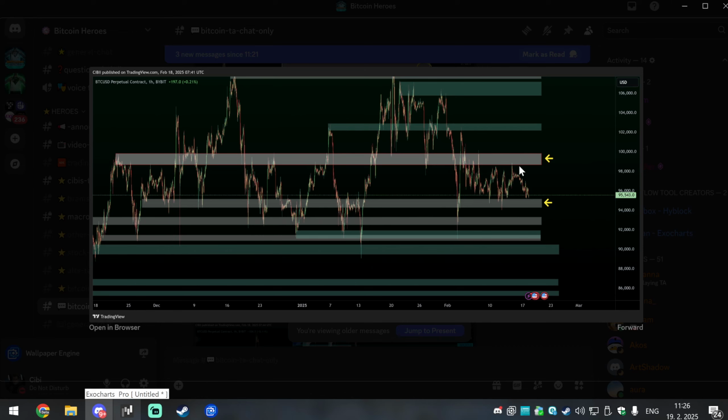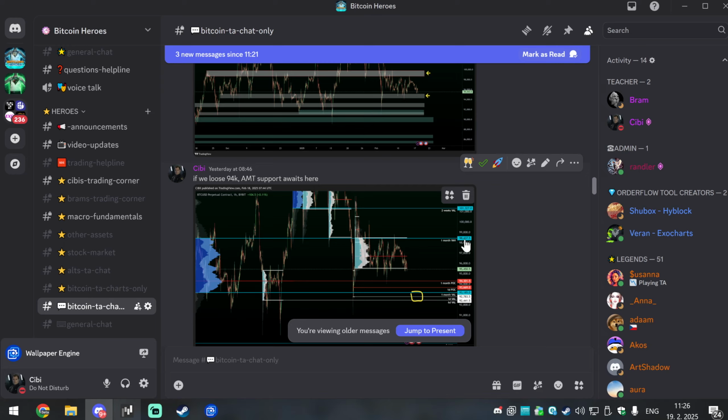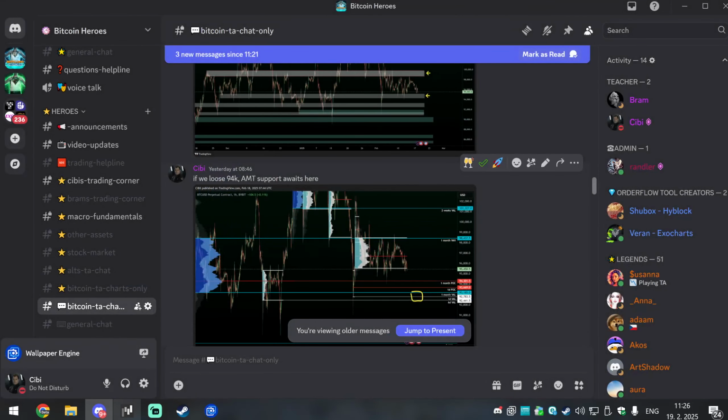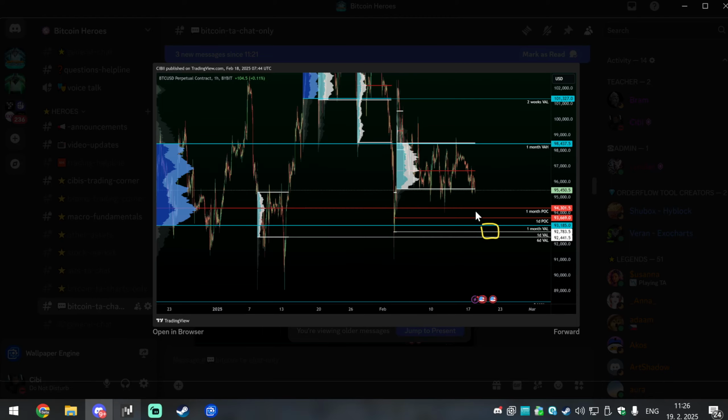You can also see why we are in a 2 weeks range. Okay, we are still in it, and these two big market structures are still providing support and resistance for that. I'll be going over technical analysis a bit later. The critical point is over here. If we lose 94,000, because you always need to have a plan. The plan and preparation is the first step, and then execution is the second step, where you take order flow and do your trades. But without planning, you can be in panic, you can be a deer in headlights. You don't want to do that.